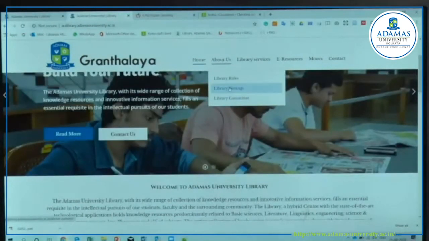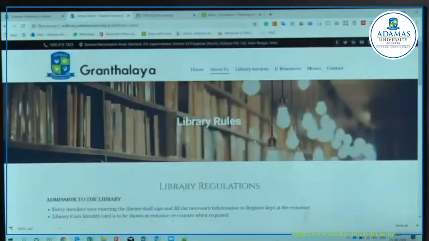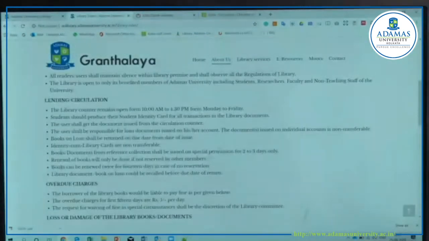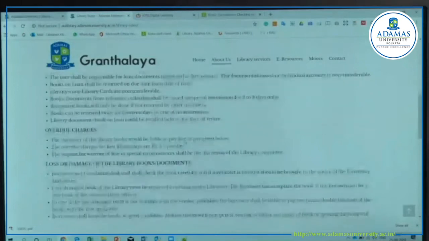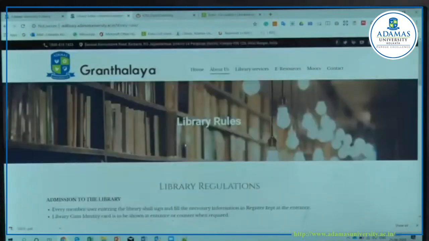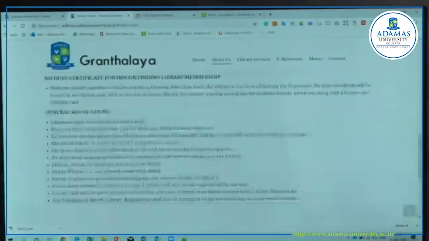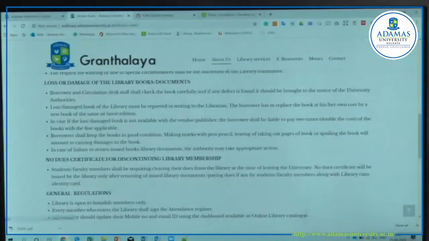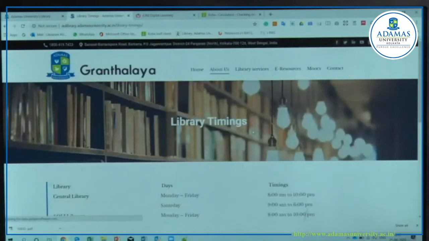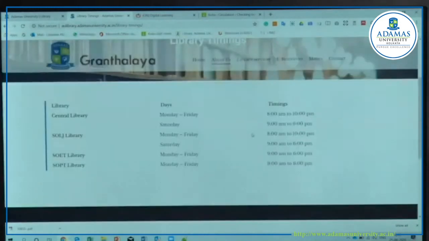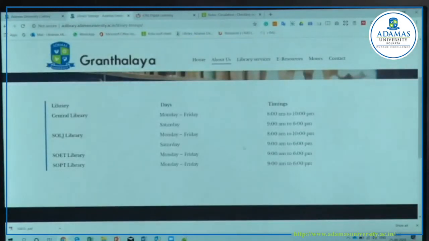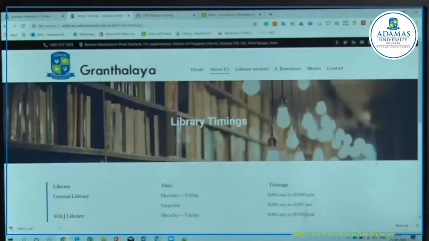So that is library timings. You will get the library rules there in the PowerPoint presentation. The small things were mentioned, but here there are more details. You just follow these things and you will be able to know many things. Library timings are also here, and if we change the library timings anytime, that will be reflected here. So that is all from my side,